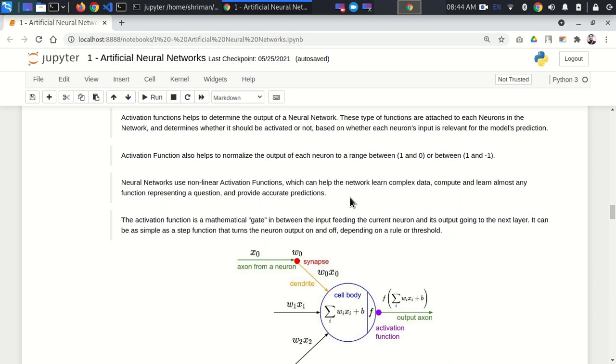So for dealing with those kinds of data, if you use linear activation functions, they will not be able to handle the complexity of data, and your accuracy is not going to be ideal. You are not going to get a good accuracy, and you will just end up with a very bad model. That's why people have introduced non-linear activation functions. So we will come over some different kinds of activation functions, maybe linear, maybe binary functions, and then we will explain some non-linear activation functions, guys.